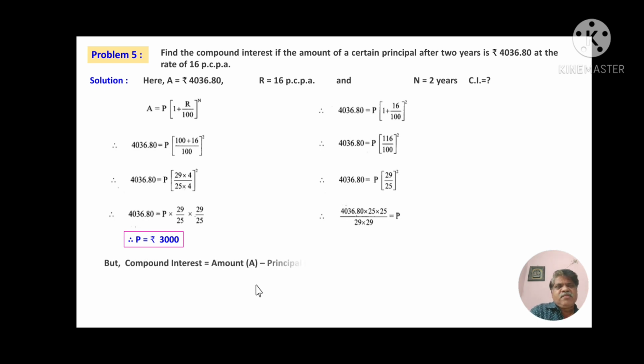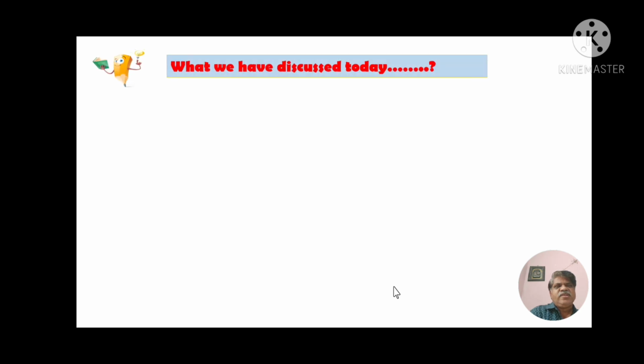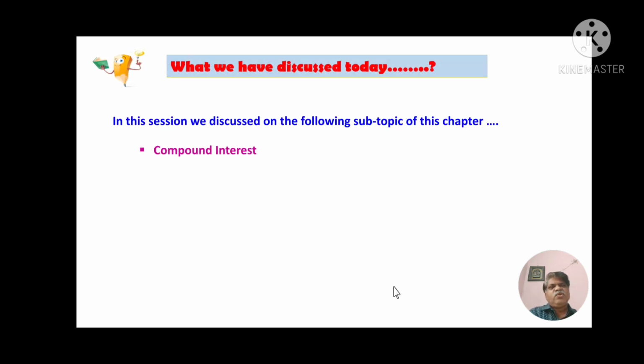But we know that compound interest is equal to amount minus principal. So, which could be 4036.80 minus 3000. Therefore, compound interest CI is equal to 1036.80. So, friends, the compound interest after 2 years would be rupees 1036.80. I think you all understood these problems. But what we have discussed today is on the following important subtopic of this chapter, that is compound interest,